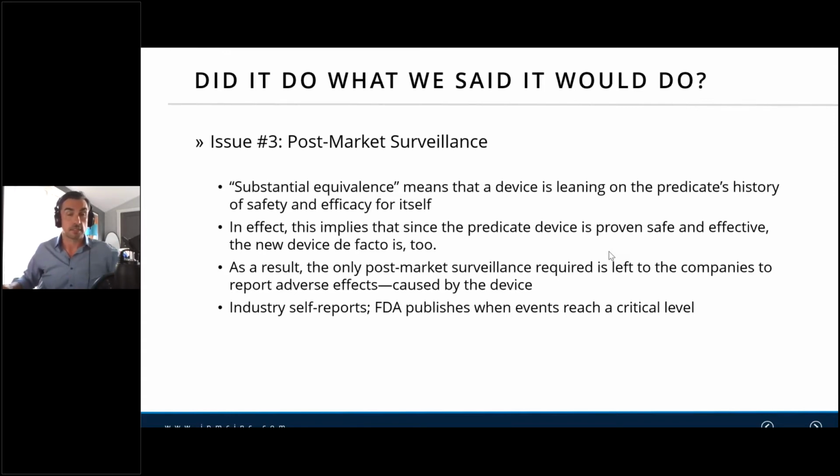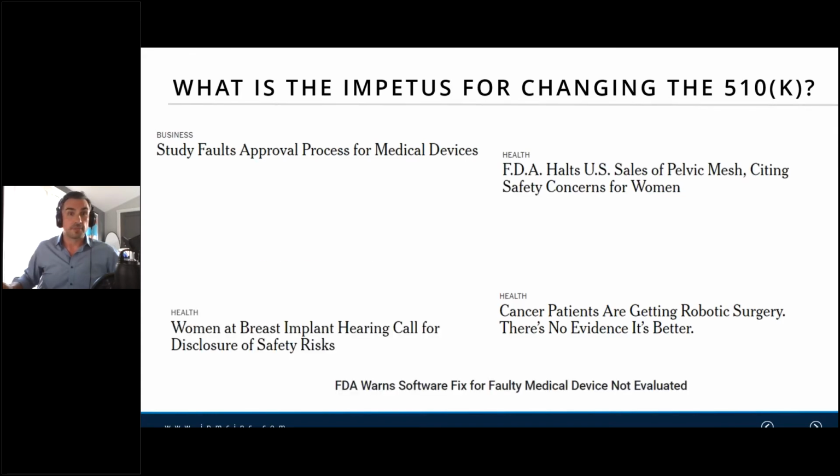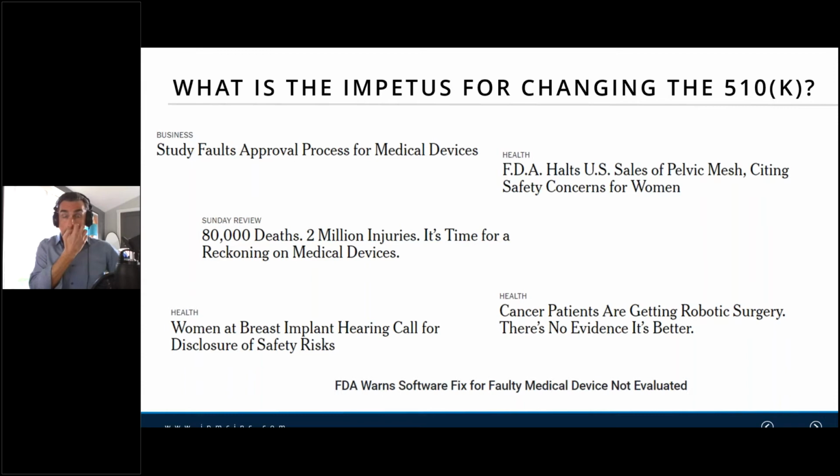The FDA has proposed changing this through the 510K updates. So what's the impetus for changing the 510K? It doesn't take long to discover that these class 2 products are great. I have made my living developing mostly class 2 products. I'm sure many of you, this is how you earn your living as well. But we cannot deny that there have been misses, and when we miss in the medical device world, those are not small misses. And so there is good reason for revisiting here in 2020, 2021, this wide category